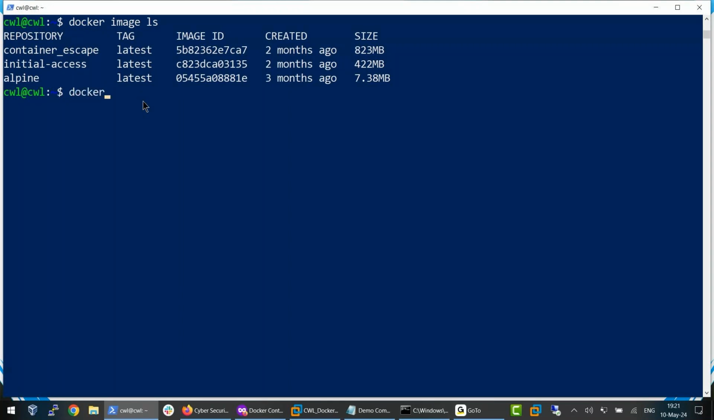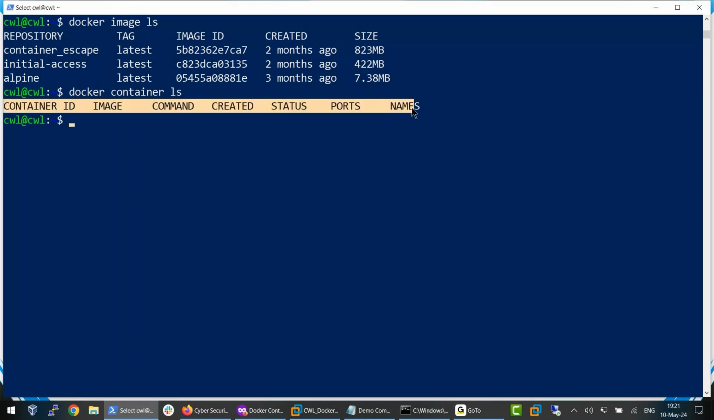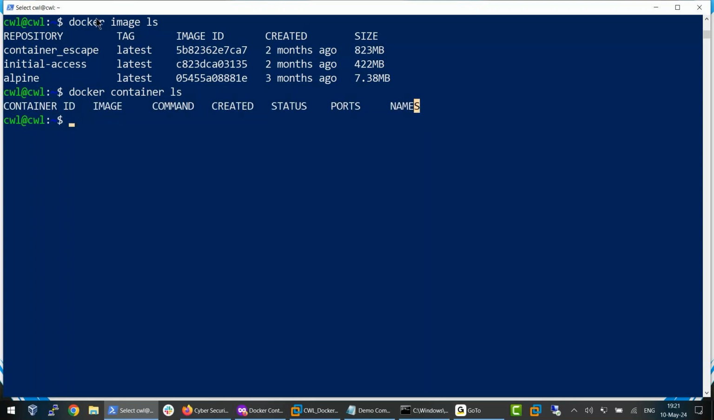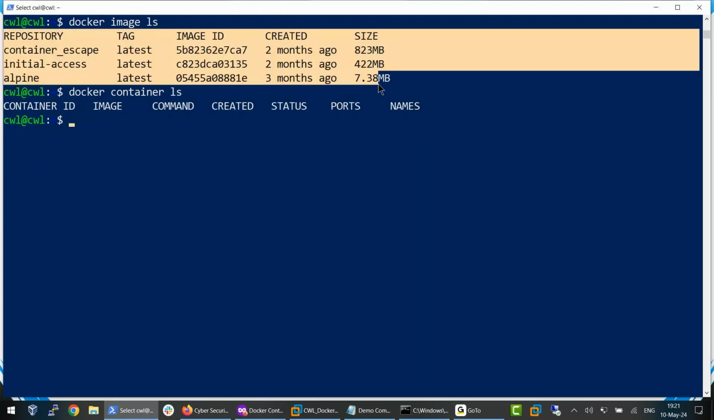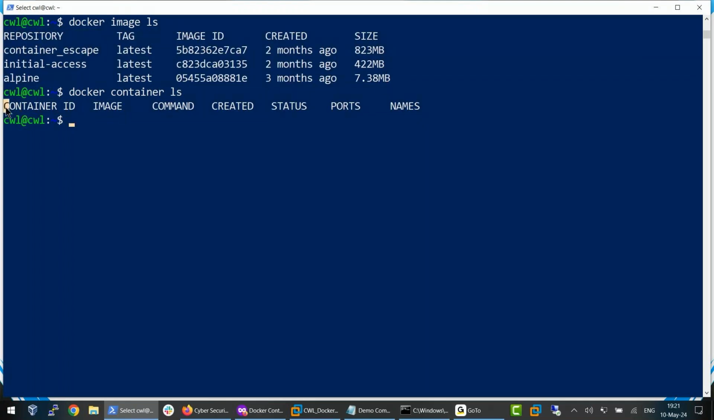Now if you would like to check the containers that are running, you can run a command like docker container ls. As of now it returns null, that means no container is running right now, right? So this is how we can check what images are present here, or what containers are running. Now if you would like to run a new container, you can do that via this